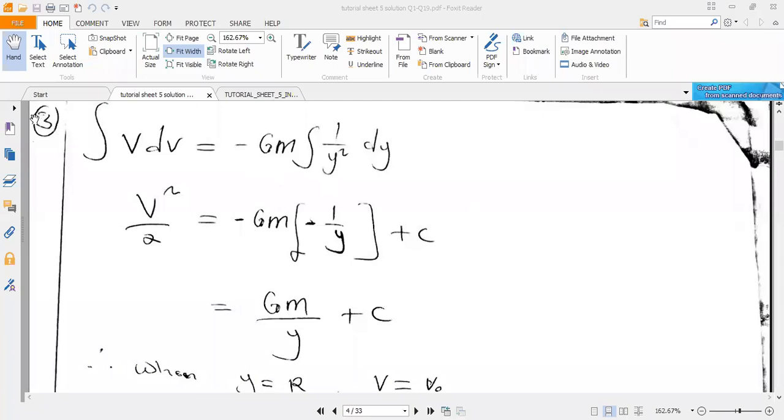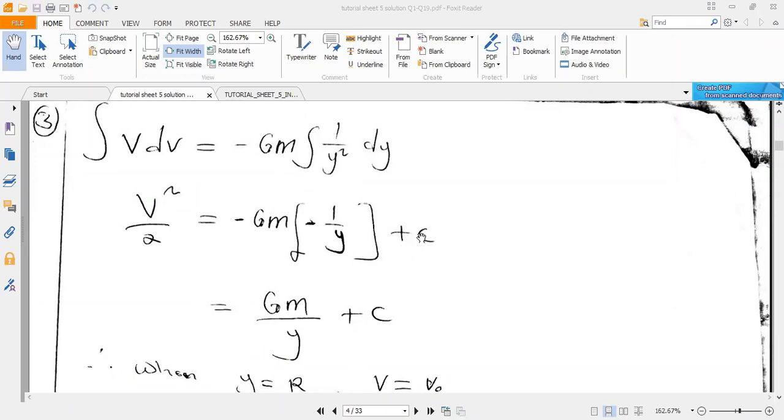Okay, you mean I go through question 3, showing how we derived it to the point of proving that b squared is equal to b naught squared plus 2gm. Yes. All right, sir, pay particular attention. So we said the integral of this is this: b squared over 2 is equal to the negative of gm, but this gm is a constant, so the integral of 1 over y squared is negative 1 over y,